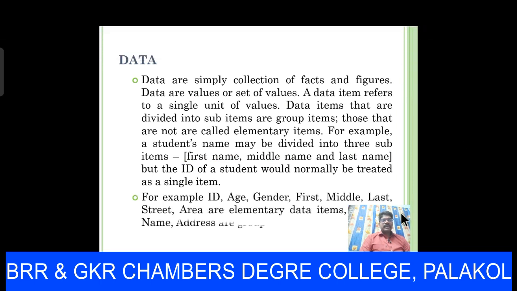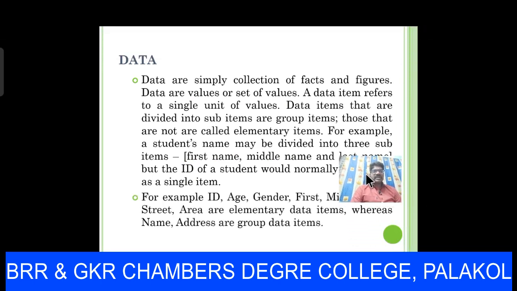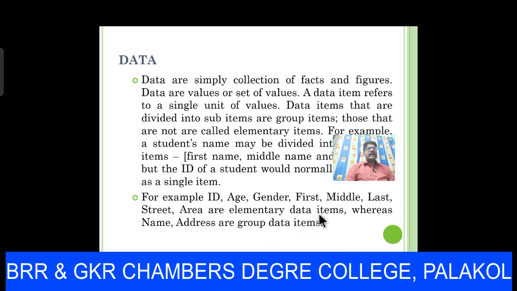So for example, ID, age, gender, first name, middle name, last name, street, area are elementary data items because every student has only one ID or one roll number. Age of a student, every student has only one age. Gender, either male or female.